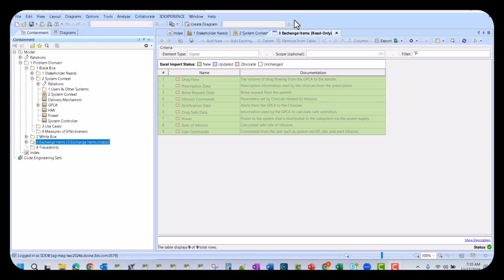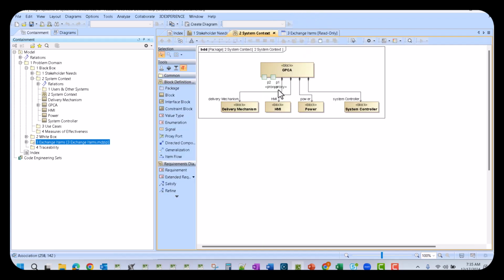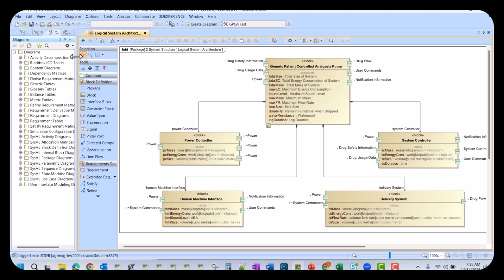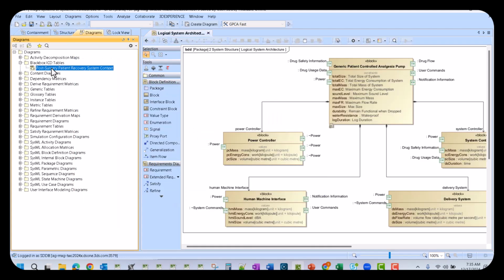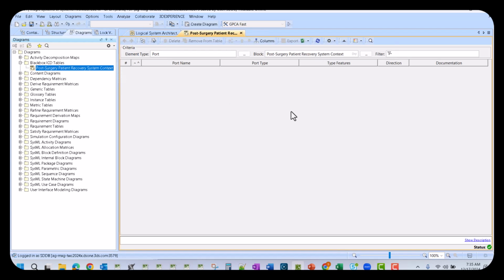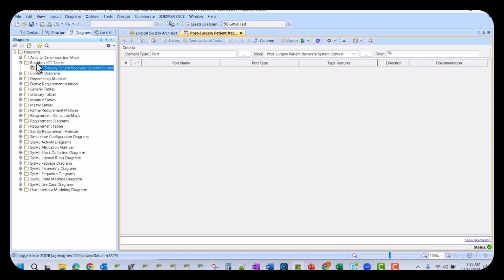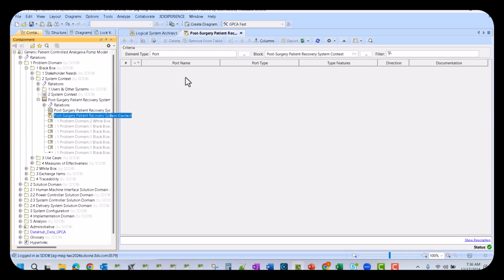Okay, so the next step is to do the black box and the white box. Since we don't have a fully fleshed out system, ours is going to look a bit empty if we try to generate it off of this. So we're going to jump back to the GPCA model, and we can take a look at some of the models that are already here. Well, this one is one that I needed to delete. This one was just showing that you need to know the context of the black box and the white box ICD tables, because depending on them, the ones you try to do, they will be blank. The reason why this one is blank, let's go Alt B, right click Alt B on the table, is because